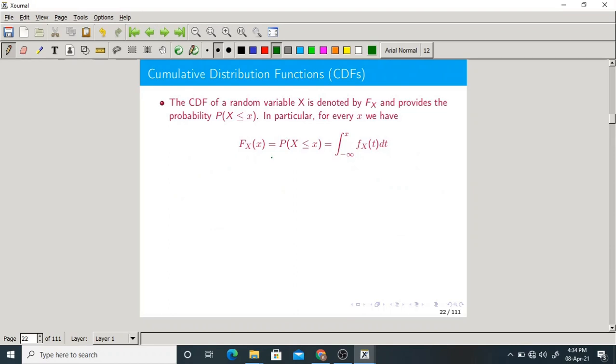Now, I told you yesterday, it is common for both discrete and continuous type of random variables to have a CDF. CDF is common for both. But if it is discrete, it will have PMF, probability mass function. If it is continuous, it will have PDF, probability density function. But CDF is common for both types of random variables. And its notation is also common. What is the notation? Capital FX of x. And this is the basic definition of the CDF, that is, cumulative distribution function.